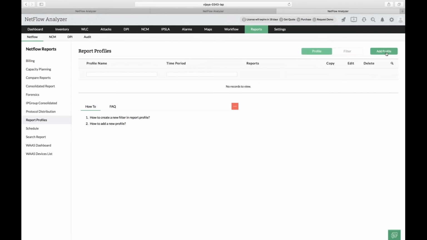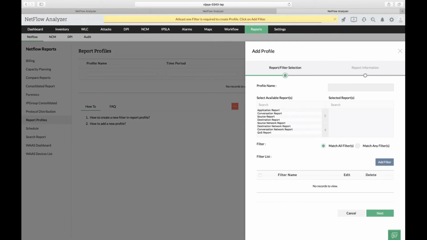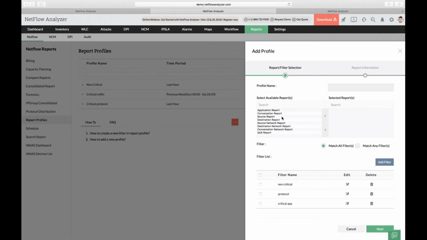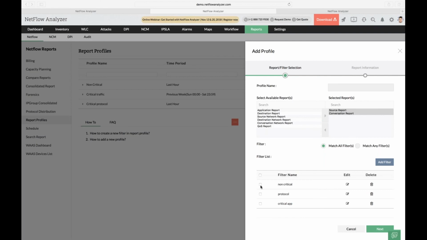And once the filters are created, you can simply choose the add profile column where you have the feasibility of selecting the report on multiple, widely available options. So you can start focusing from the application level report or the conversation report or the source report or the destination report or simply the quality of service report. So I can choose the report profiles that are more necessary for me, define the name, and here I can say what is the criteria that I should apply for it. So am I more focused on the non-business critical applications? So I'm going to hit the filter that I have just created, and I'm going to hit next and hit